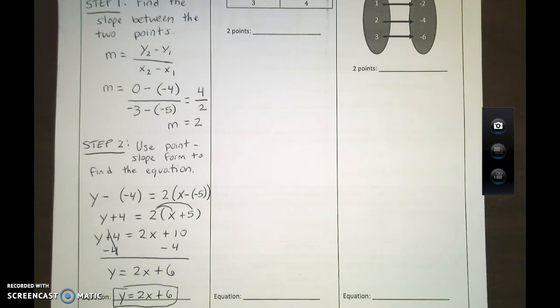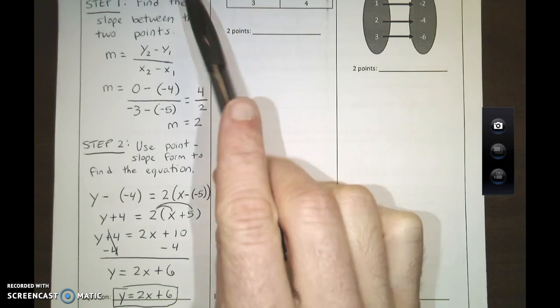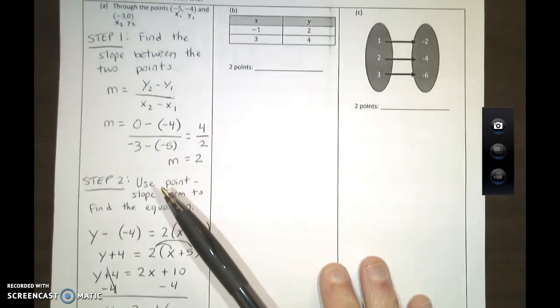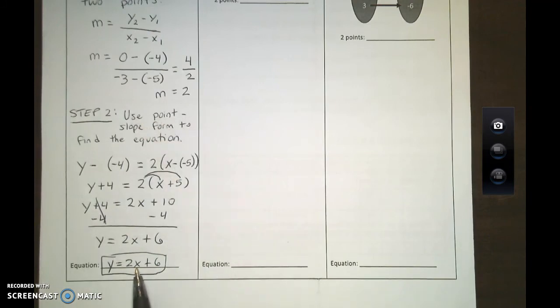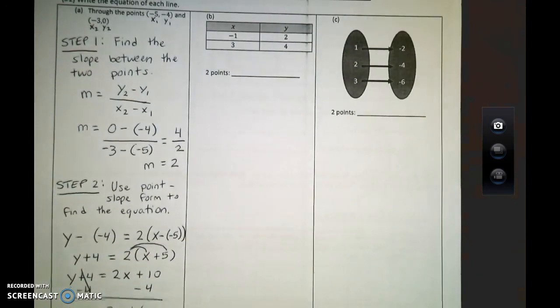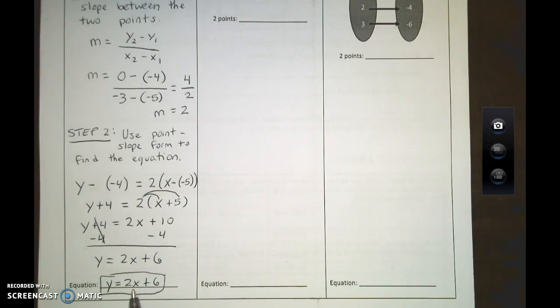To check your answer, if you plug back in either of those points, they should make this equation true. So if I look back at the beginning, the first coordinates I had were -5 and -4. So if I plug in -5 for x, 2 times -5 is -10, plus 6 gives me -4 for the y. So that one checks out. Using the other point, which was -3, 0, if I plug in -3 for x, 2 times -3 is -6,